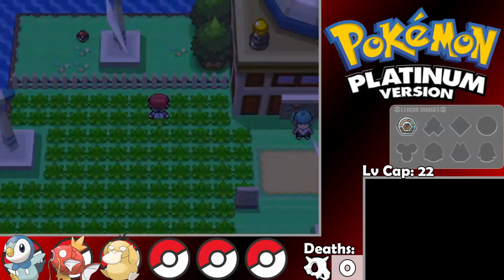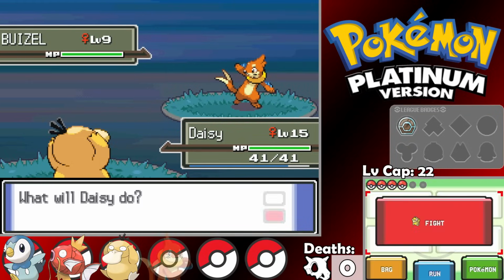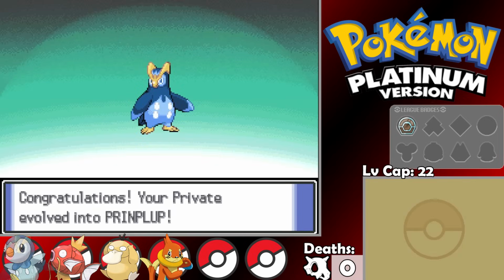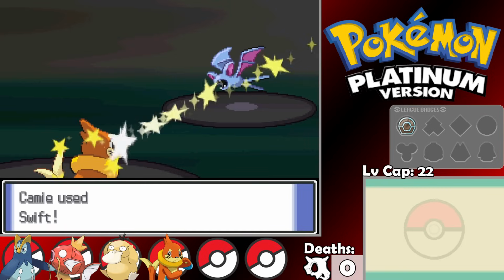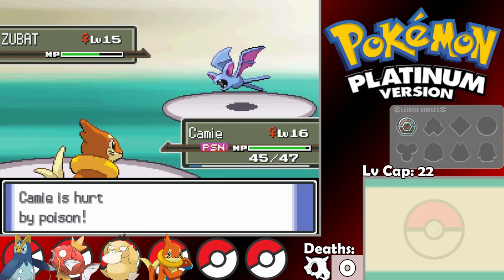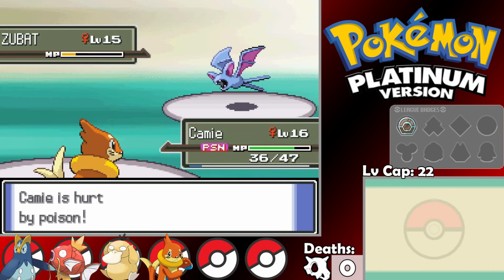It's time to head to the Valley Windworks, where we get our next encounter, Kami the Weasel. We also evolve Private into Prinplup, and now it's time to face Team Galactic, and Commander Mars is no joke. She ruins a lot of Nuzlockes. We start with Weasel against her Zubat, and we use Swift, but she goes for Toxic, and we got poisoned. We go for Swift again, leaving him on red health while taking a bite,